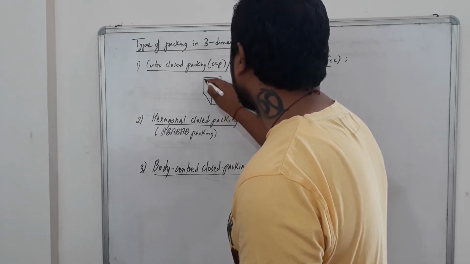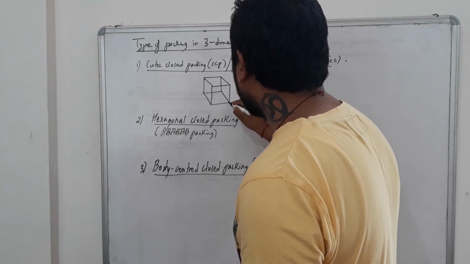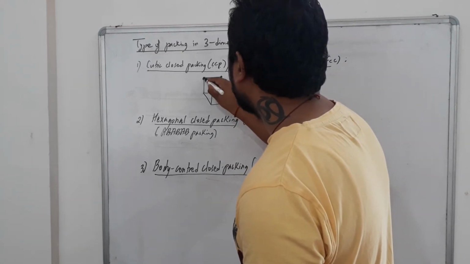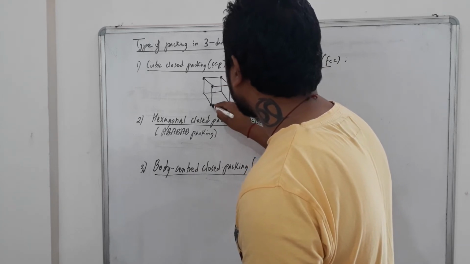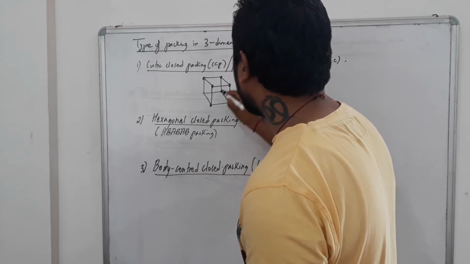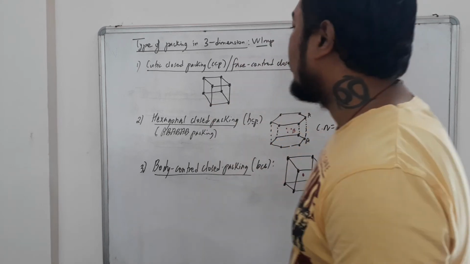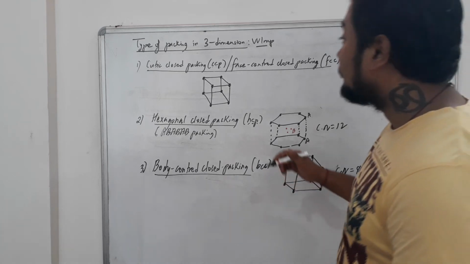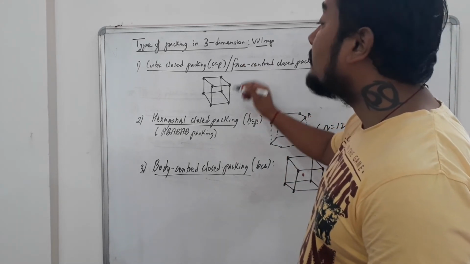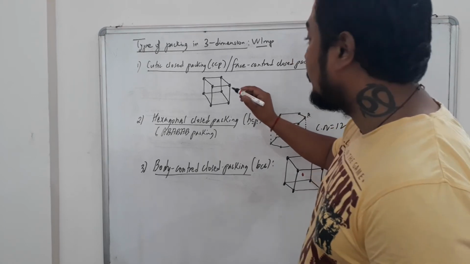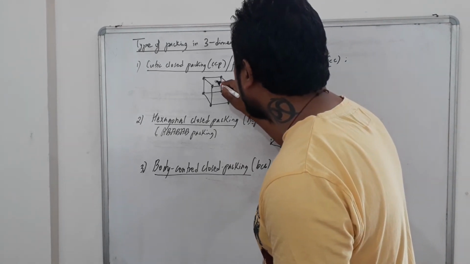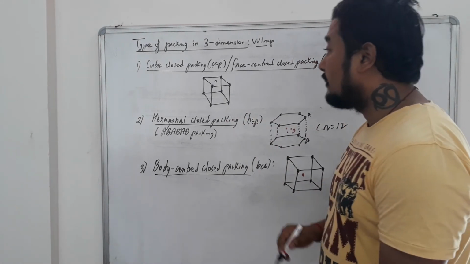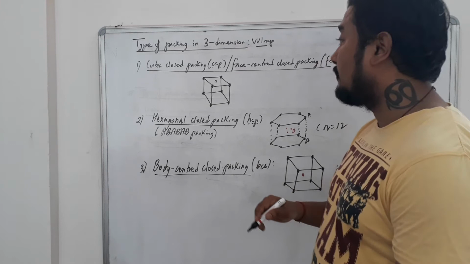After you make a cube, students, as you know, in face center close packing, particles are present in how many corners? 8 corners. So I am making the particles at 8 corners. You can see the particles are present in 8 corners, just like in body center and primitive. Now the particles are even present at the center of 6 faces. So let me consider this as the center of the above face, representing the particle by another symbol, or another notation, you can also say.